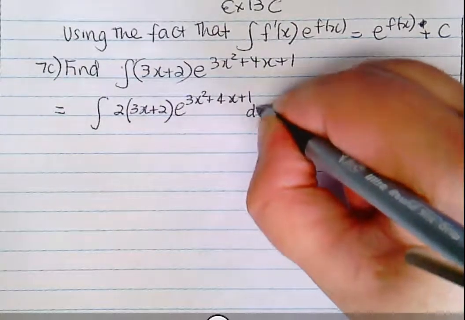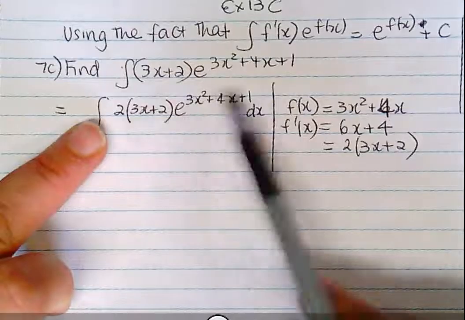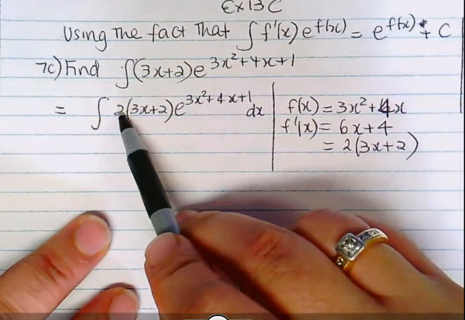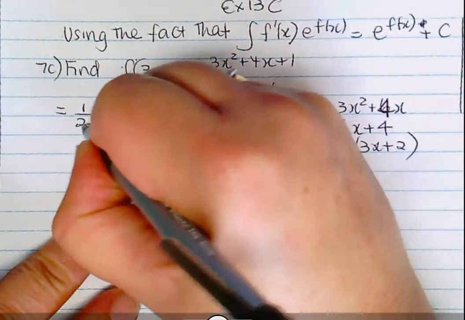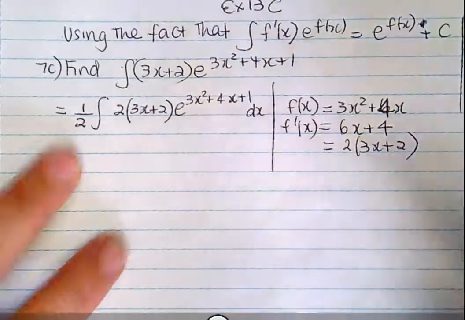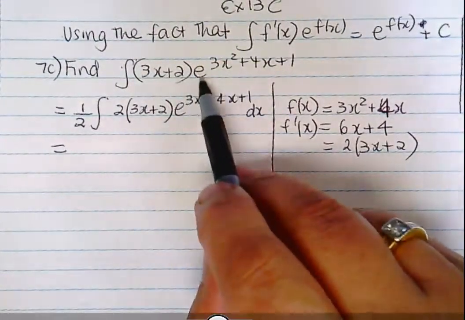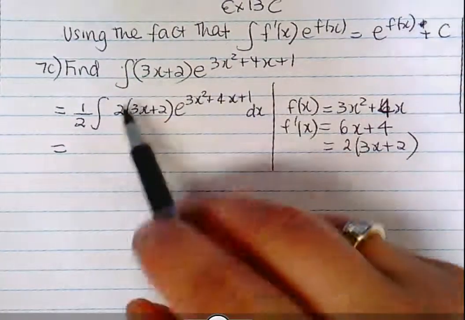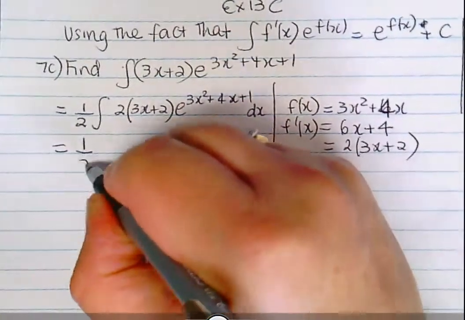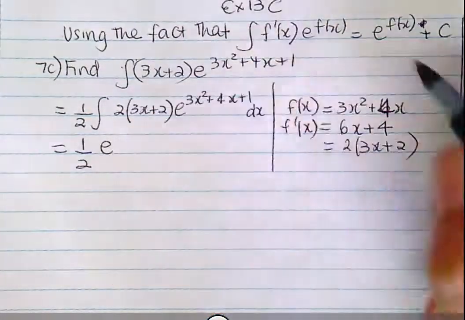We know how to integrate that. So we're saying if we're trying to integrate this, it's like integrating that. But notice I seem to have an extra 2 here, so I just adjust the coefficient. So a half times that gives me the actual question that I'm dealing with. So therefore, if we integrate 3x plus 2 e to the 3x squared plus 4x plus 1, we will get a half